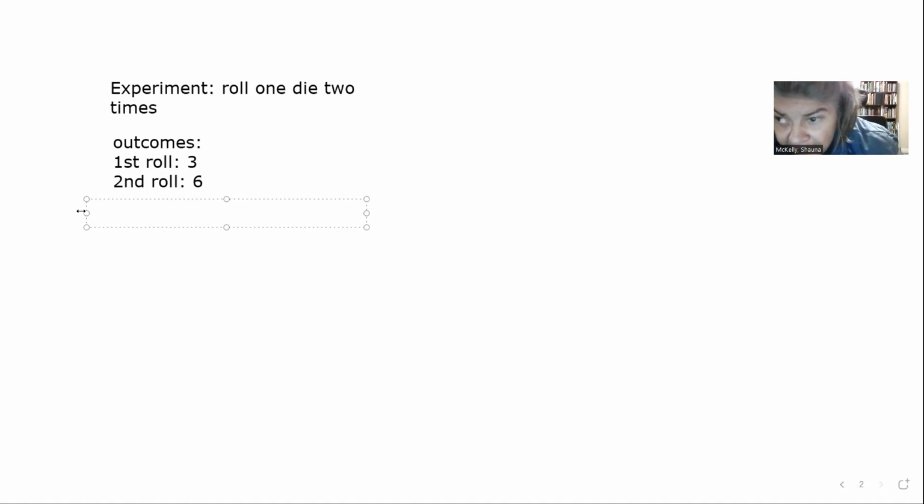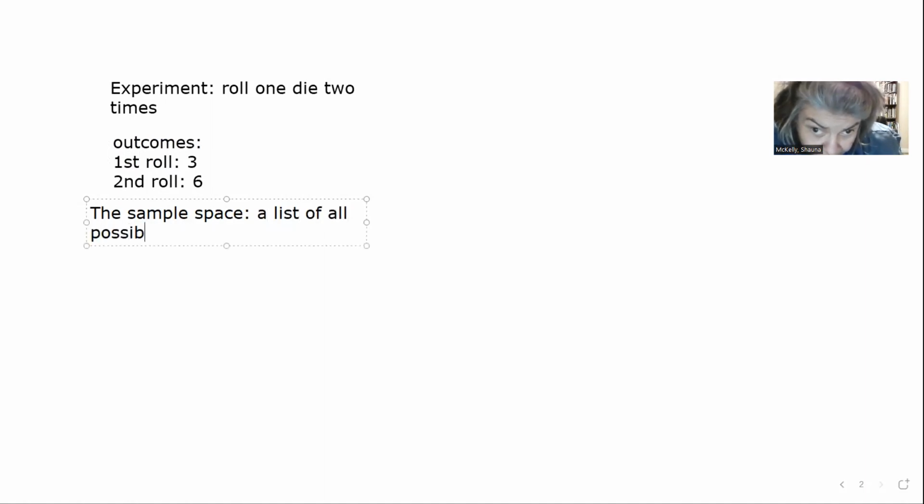Every time I roll a die, again, provided that it's fair, I have a possibility of any of 6 outcomes. So the sample space, and this question comes up later in your homework, not too long from now, the sample space is a list of all possible outcomes